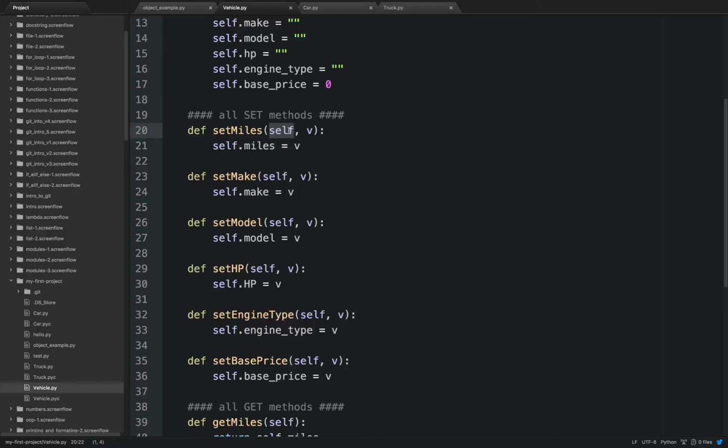It just makes it easier for everyone to understand if you use self. So we pass in a variable or one attribute, and then we set the attribute of miles to be whatever the value is passed in. And this is also where you could have a little bit of stricter control in terms of data type. So if you wanted only miles in numbers or numerical value, or like in integers, you can provide some stricter control over here. And then the same thing goes for make, model, horsepower, and the engine type and the base